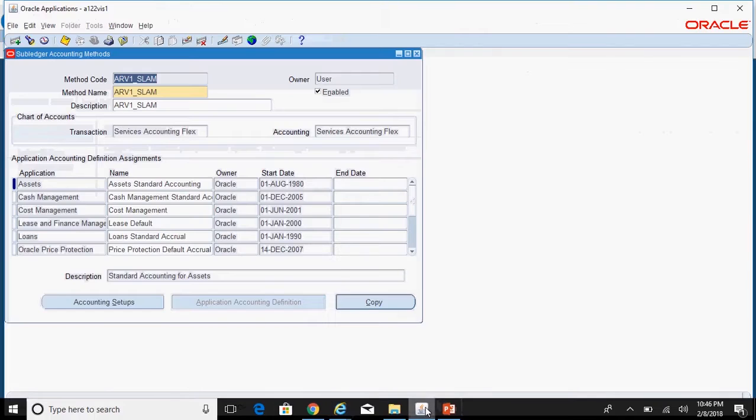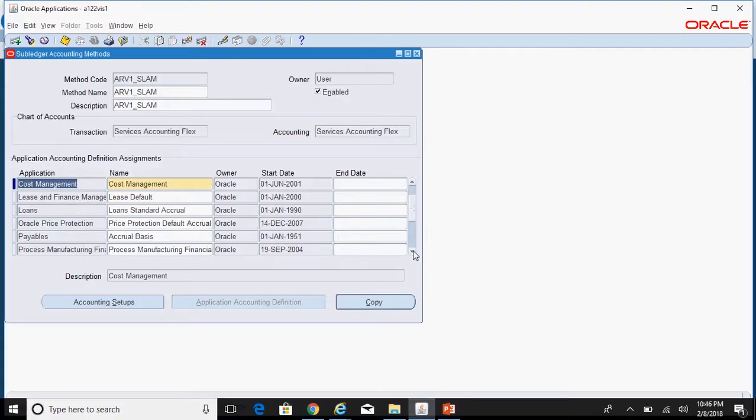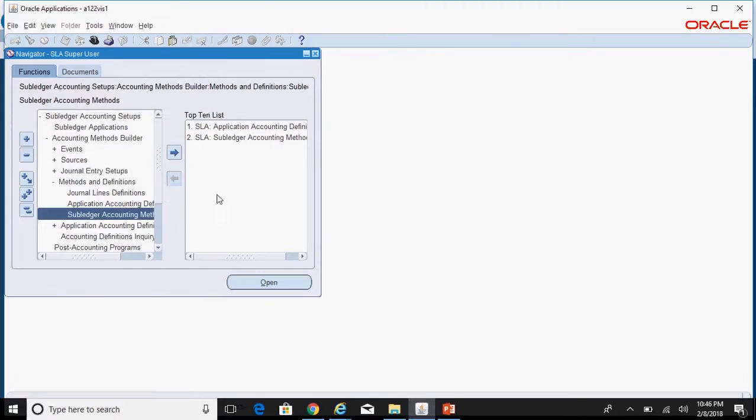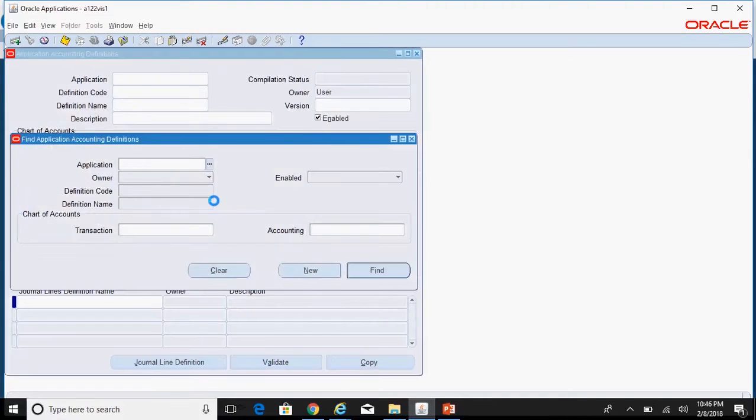So pick up the application accounting definition related to the receivables, because here my requirement is to make SLA changes in the AR module. So pick up the application accounting definition related to receivables application. I copied that, close this, and now navigate to application accounting definitions window.